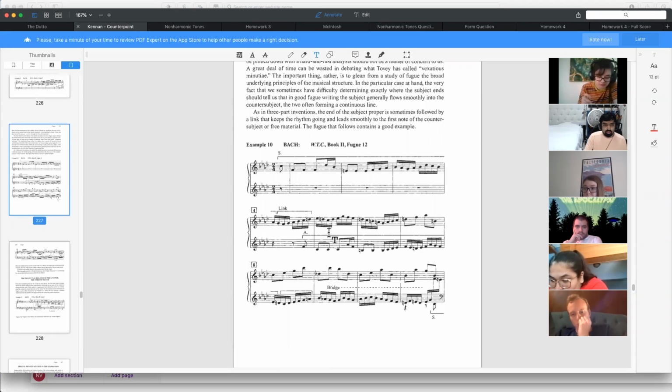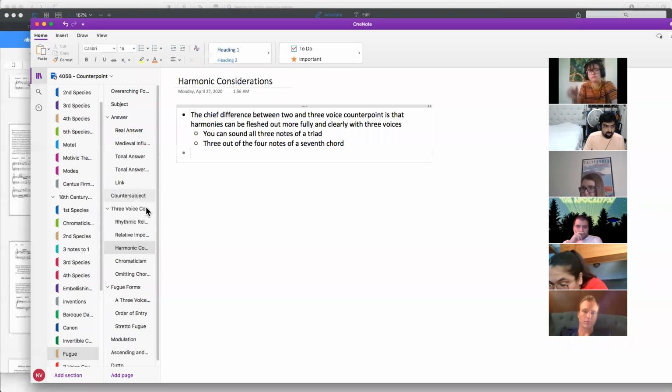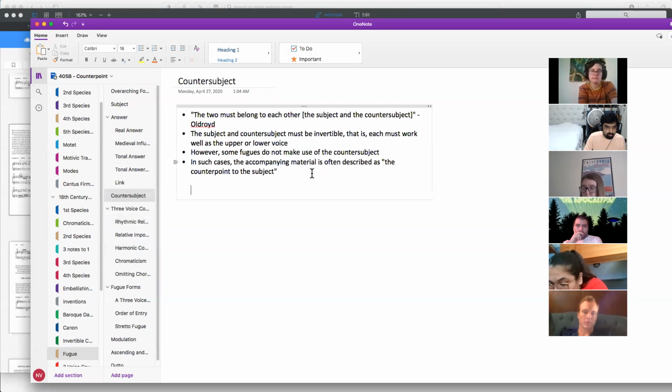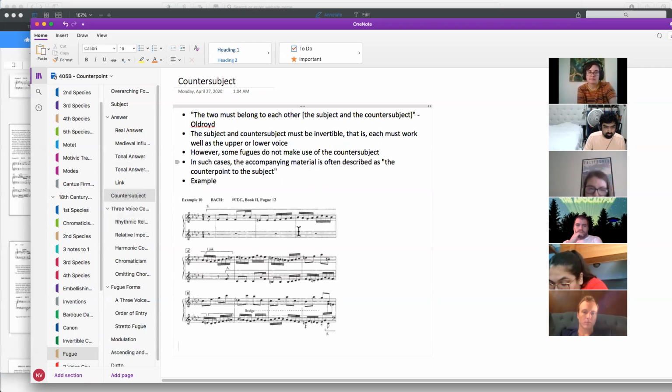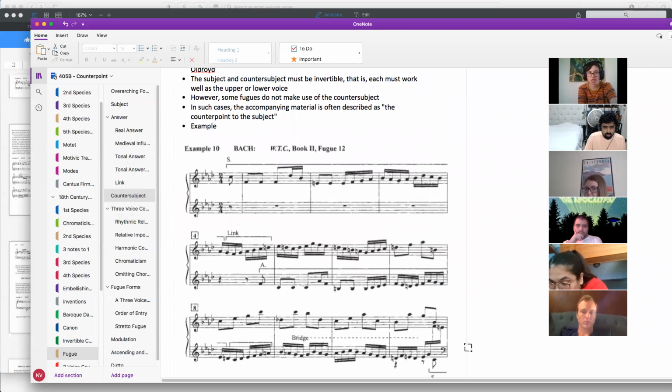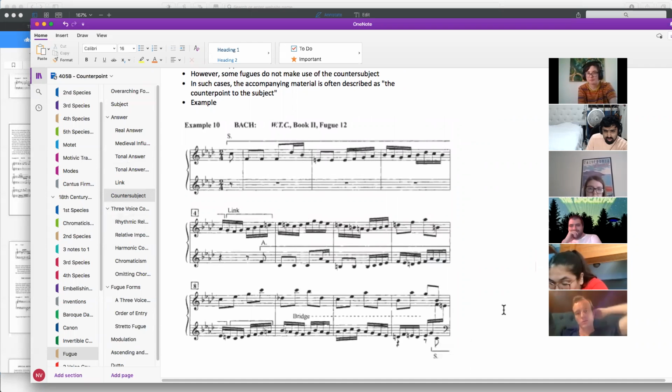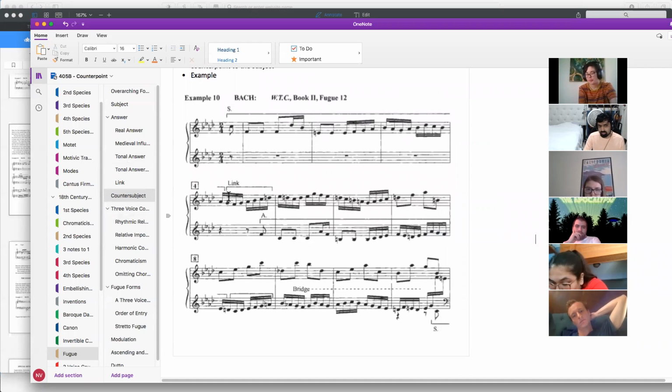Right, so this material right here is basically like third species free counterpoint when the melody actually comes back in the answer. So this is an example of how you can finagle a counter subject that's in free counterpoint. Great, I think that was worth it. So this is different than other fugues, and the reason you know that is that these rhythmic relationships don't occur later on. It's just an instantaneous thing. This melodic contour